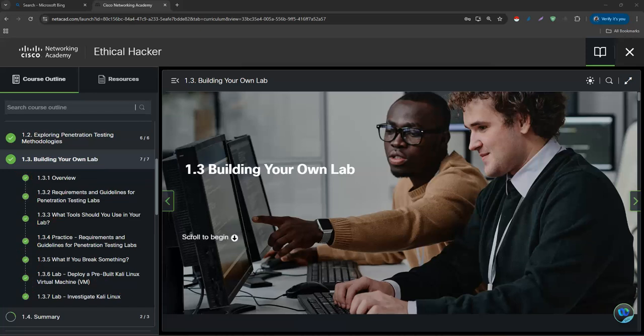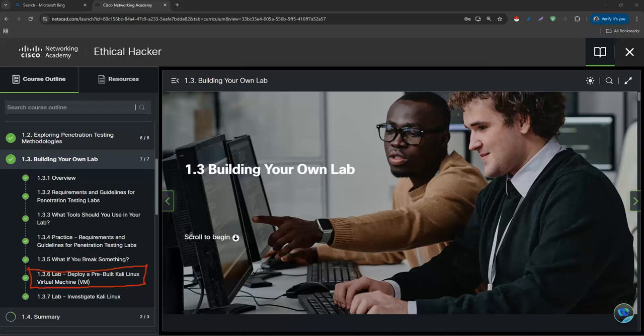And in this lab environment, you'll be using Kali. When you reach here to download Kali,